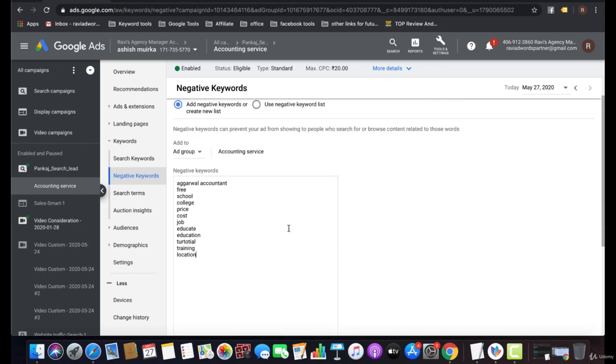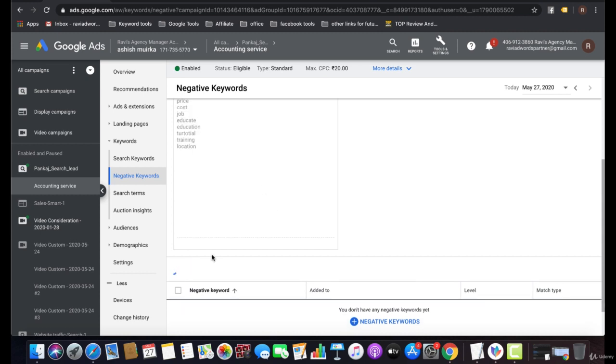So I have shown an example of which type of negative keywords you can use with this particular type of campaign. After clicking on save, it will be added to my campaign.